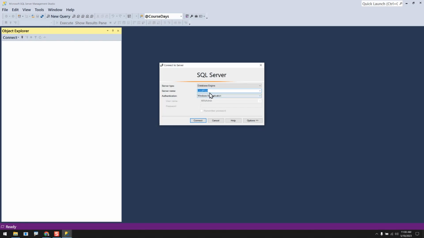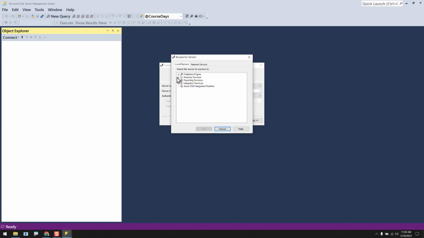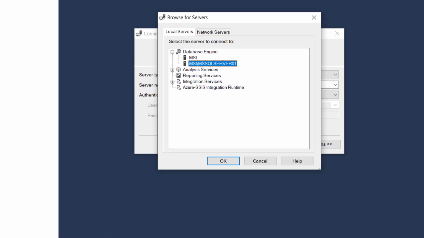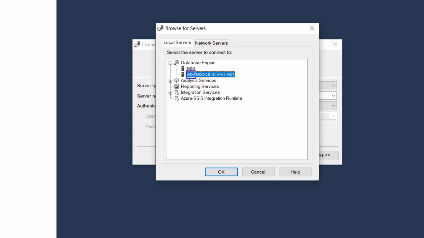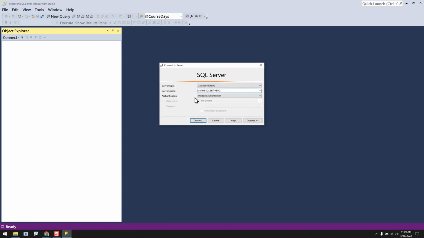Now, if I just use localhost here in the server name, that'll be my original installation. I have a new installation, so I need to go search for it. I'll choose Browse for More, expand the database engine, and here's the new one. Notice that it doesn't say localhost, it says MSI, but that's just the name of my computer. So if I choose that, and if I put in localhost,